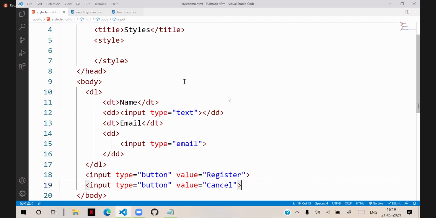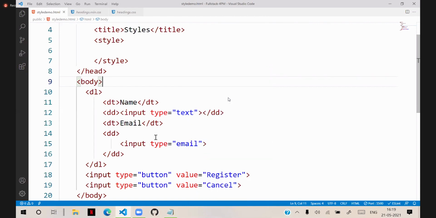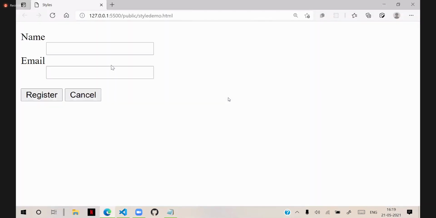Now you can see a simple form is designed here.